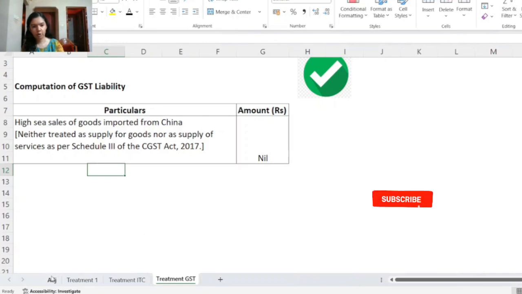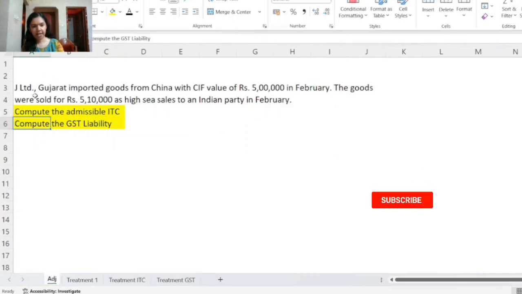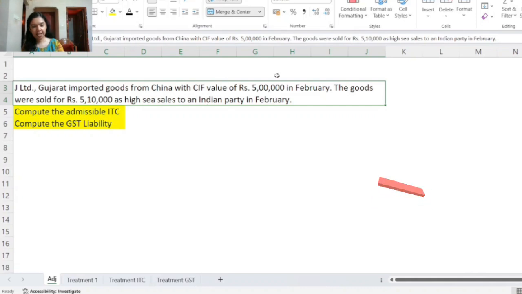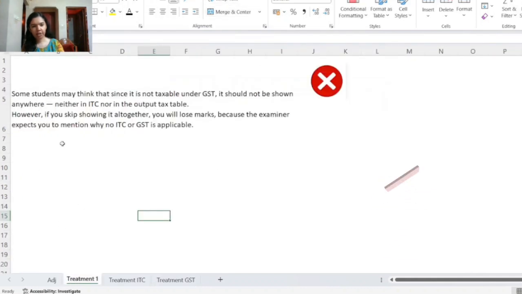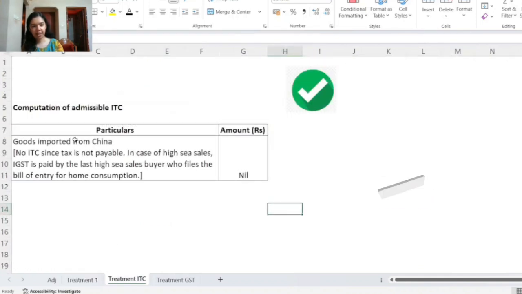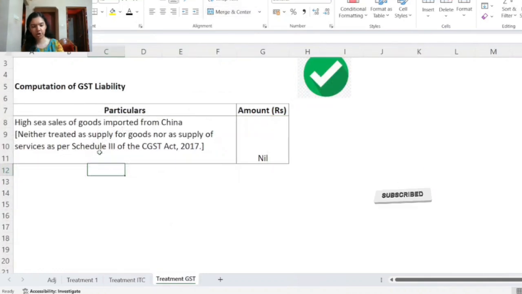So we have to keep this point in mind that whenever there is any adjustment, even if ITC and GST is 0, we will still have to show it in our answer. If we completely ignore that in our answer and not show it anywhere, the examiner may think that we have left that adjustment completely. So we have to show that as a line item and we can write the amount as 0. So this is a very important part of presentation of our answer. When we show it like this, the examiner will also get convinced that we have taken into account that adjustment and we know how to treat that adjustment.